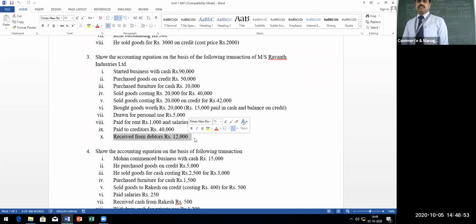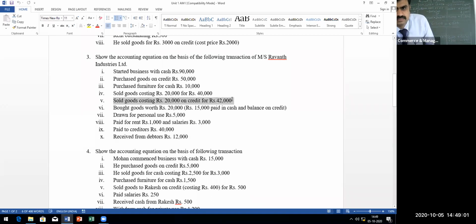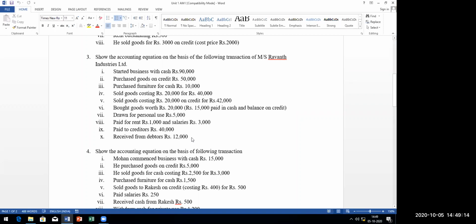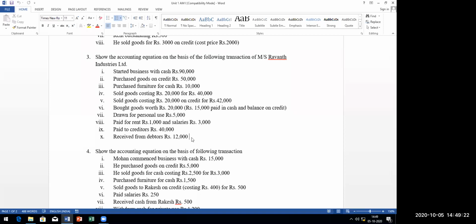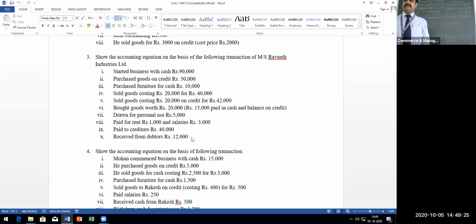Earlier you sold goods on credit. To whom you are selling, you can see it was sold in the 5th transaction, and here also you are selling on credit. Out of this credit you are receiving now how much? 12,000. So it will be on the current asset side, and there you have to minus. When you are giving credit you have to add, when you are receiving you have to minus. Clear? So will you try question number 3 as homework?